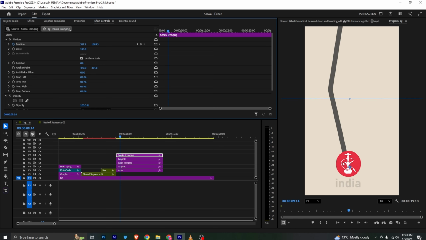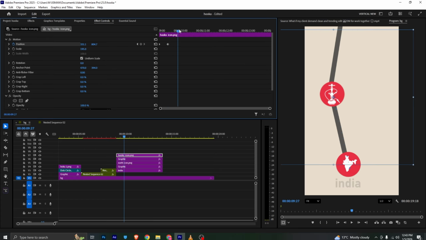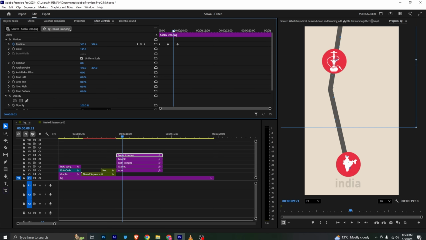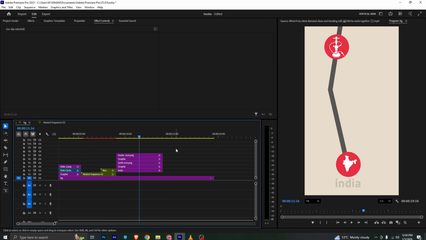Moving forward, I will just simply drag it, and I will just simply make it to something like this. Now moving forward, once it is here, I will just simply make it to something like here. So it will be giving us this animation. I will bring these like approximately here like this. Now once this is done, what I can do, I will just simply to these